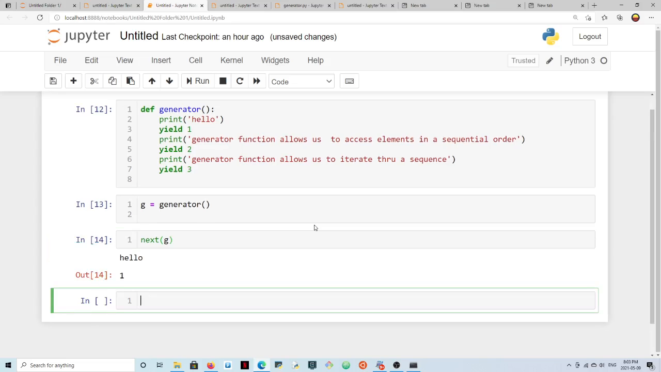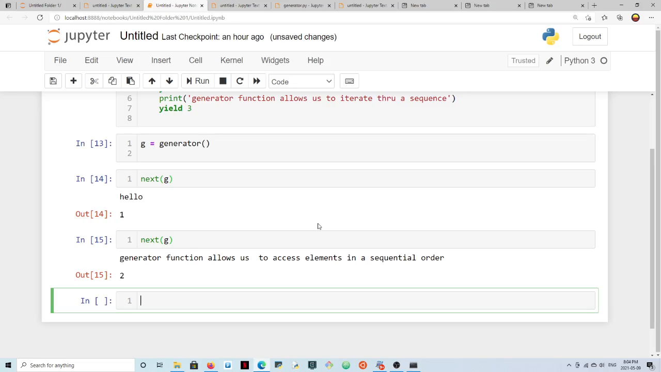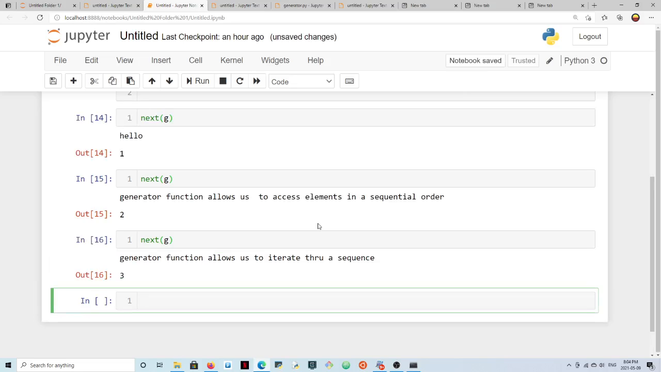you get hello. If you do it again, you get the next print statement, or the next set of statements linked to the second sequence, or the yield 2. So if I put next G here, see, generator function, you got a second printout. Now if I go next G again, you get a third statement. So if I go a fourth time, next G,